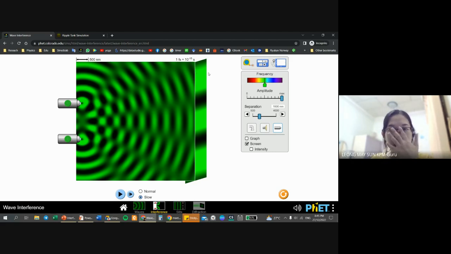All right, the image that we see on the screen, this is the screen, see? The bright one, we call it a bright fringe. The dark, we call it a dark fringe. How did a dark fringe occur? It is because destructive interference happened. How did a bright fringe occur? It is because constructive interference happened at that line. All right, so please do take note.